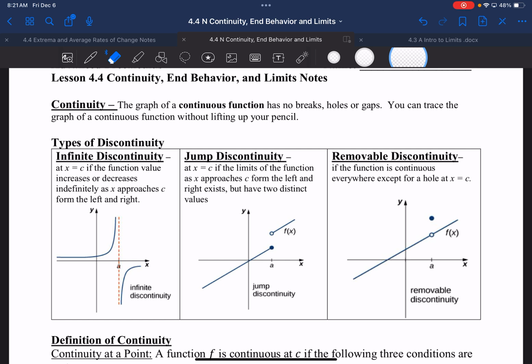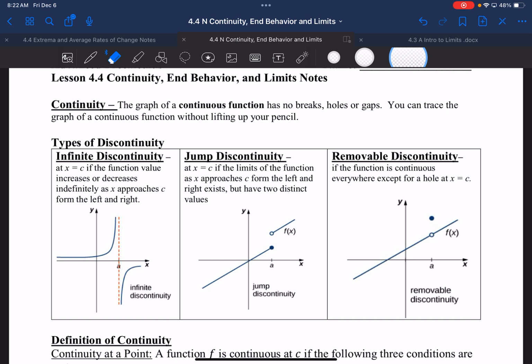asymptote here, right? Okay, if you have an asymptote, that is not just one singular spot where my graph doesn't exist. That's an infinite discontinuity right there, right? Because it's going to keep going up and down forever. I can never draw something at that particular x value. So, if they ask you to describe what type of discontinuity it is, this one is infinite. Because there is never a place at that particular x value where you're going to be able to plot a